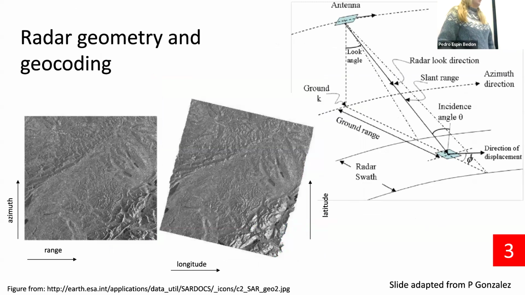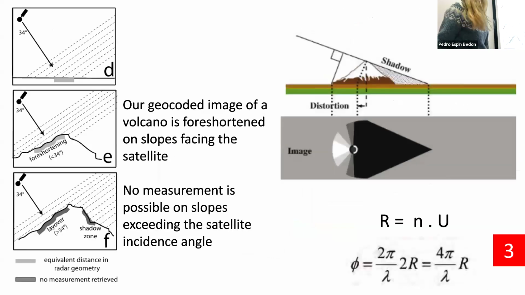Okay, leaving that aside, another consideration in processing, particularly important for volcanoes or anywhere with high topography, so anyone who works in the Himalayas or the Andes, is uncertainties that come in from radar geometry and geocoding. I'm sure this is familiar to everyone in the room already. But as a reminder, we talk about radar geometry in terms of azimuth, the travel direction of the satellite, and range, just the direction the satellite's looking in. The last stage of InSAR processing is geocoding, going from that geometry into geographic coordinates, latitude and longitude.